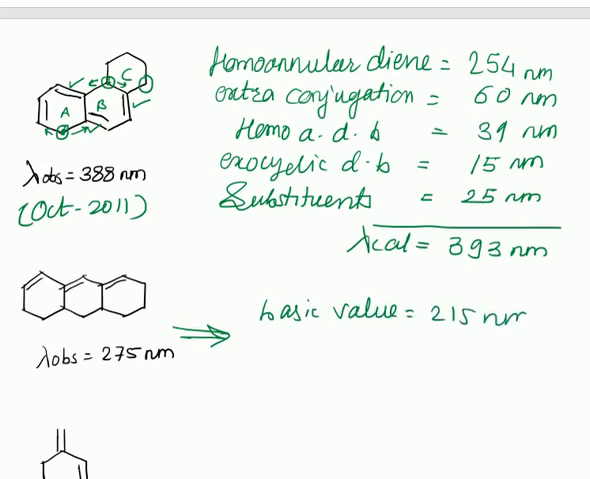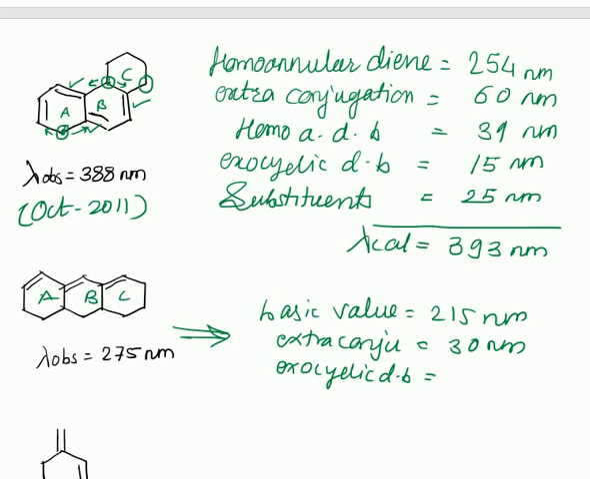The last example is this. So second last example, I think it's second last. It is a very simple example. It is a diene. Now the basic value for this transoid diene is 215 nanometer. Then no extra conjugation with